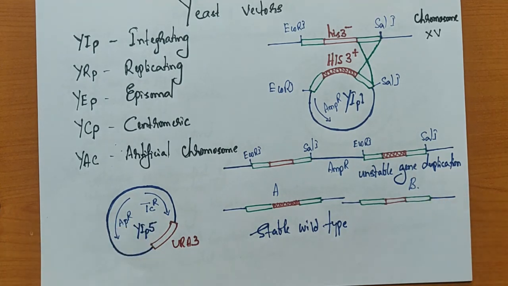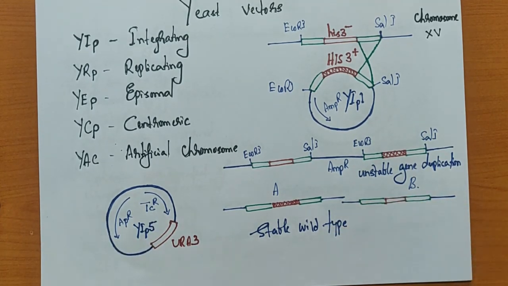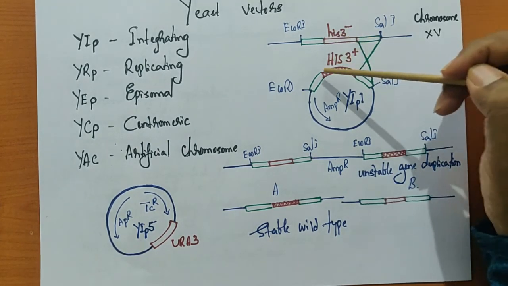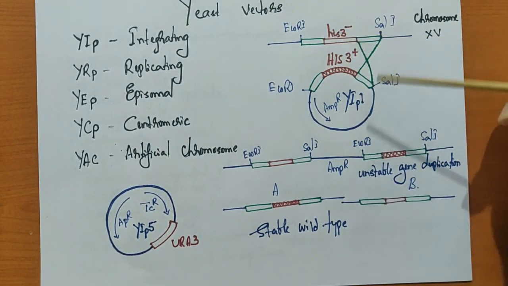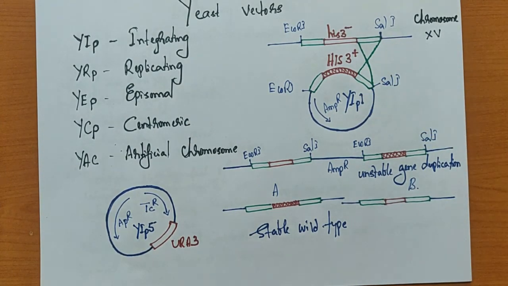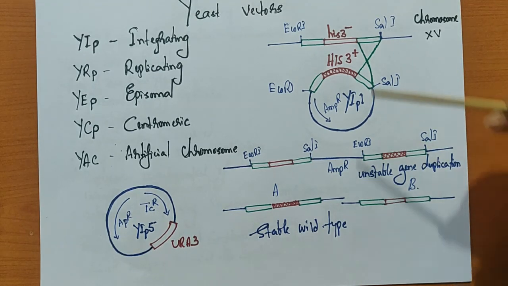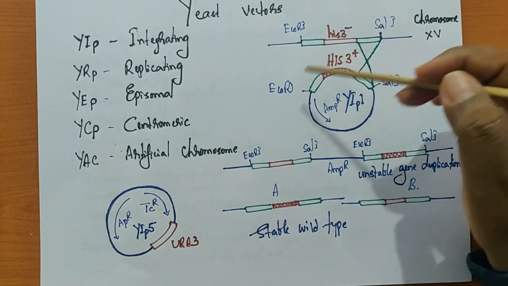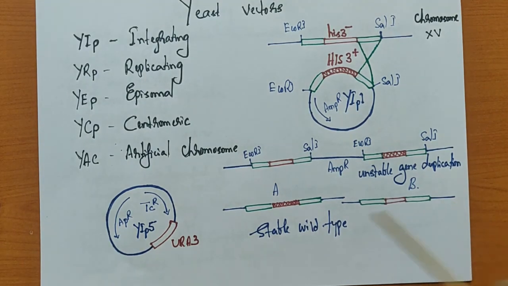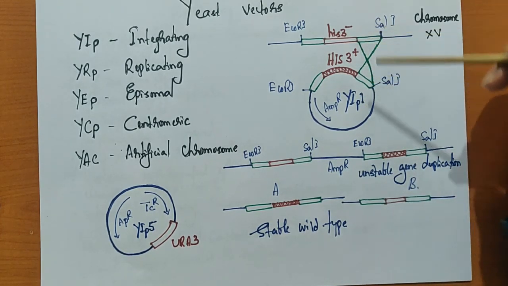So in order to have a complementation, in order to have a replacement of the gene, we need to have a homologous recombination. When you want to have a homologous recombination, next to this mutated gene or functional gene, we need to make sure that we have repetitive units, because these repetitive units are important, as homologous recombination is necessary. If you do not have this homologous recombination, then what happens? This will remain in the plasmid, this will remain in the chromosome, and then this plasmid is no more functional and it is not going to be recognized, in fact. Then you don't get a viable one. So if you want to get viable transformants, we need to have a homologous recombination.